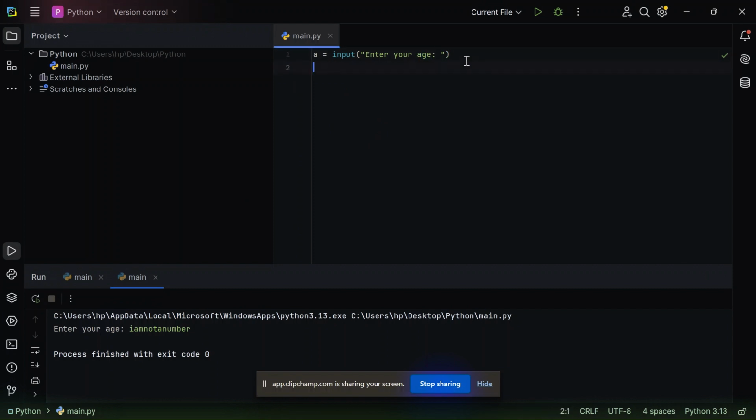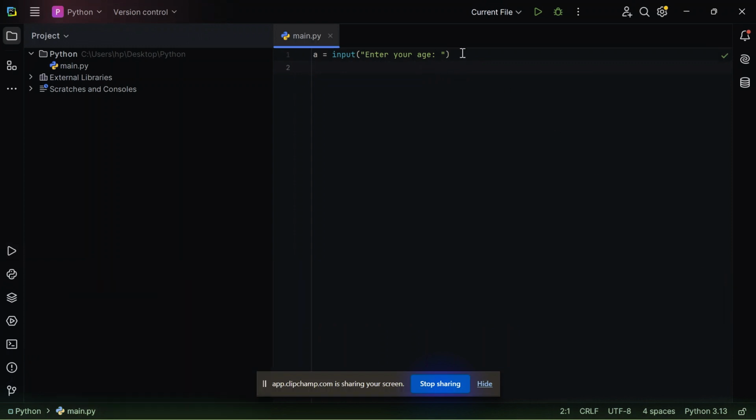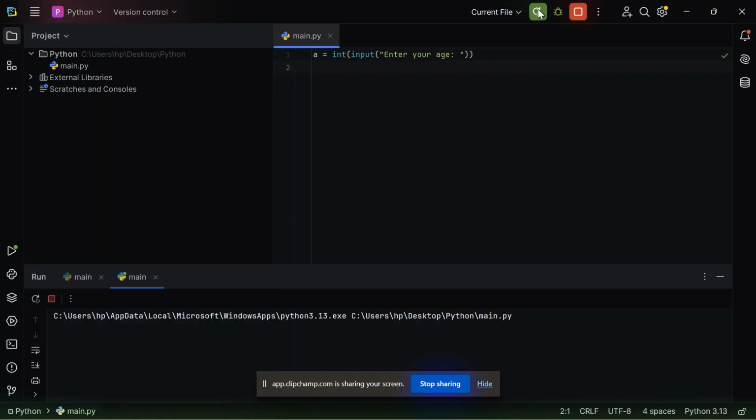It doesn't know that age is a numeric value, an int. So to that we will do int. Okay, so what we did now.